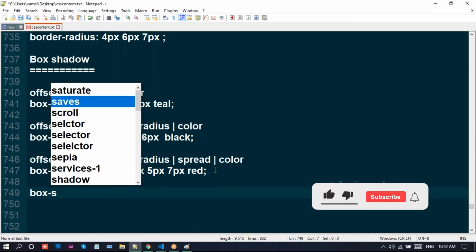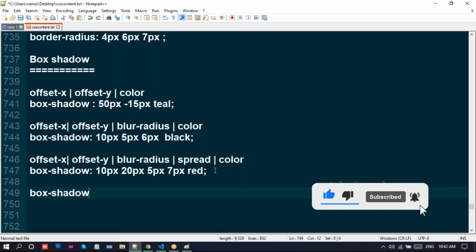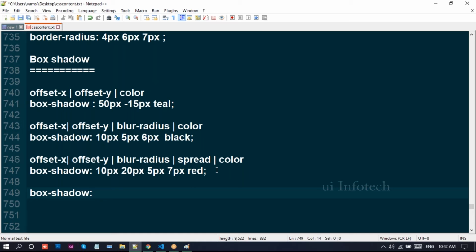Here we have inset. Inset means we can set the shadow inside. Box shadow: inset, 10 pixels, 10 pixels, 6 pixels, 4 pixels, 5 pixels. And here we can write the color if you want.